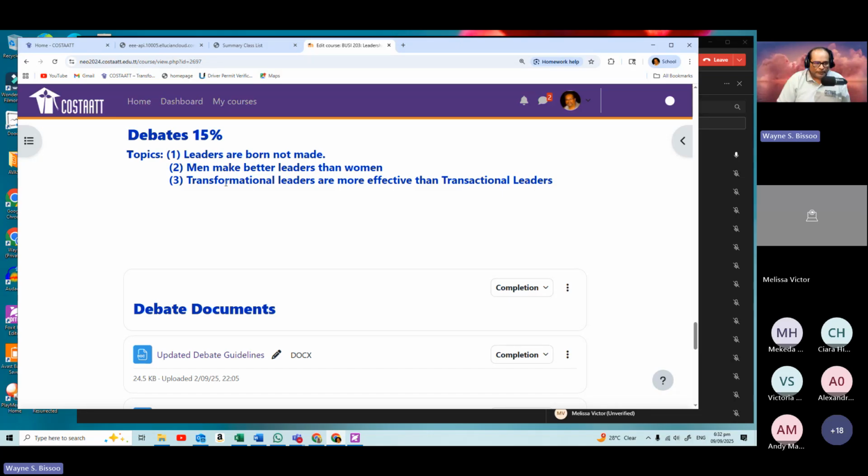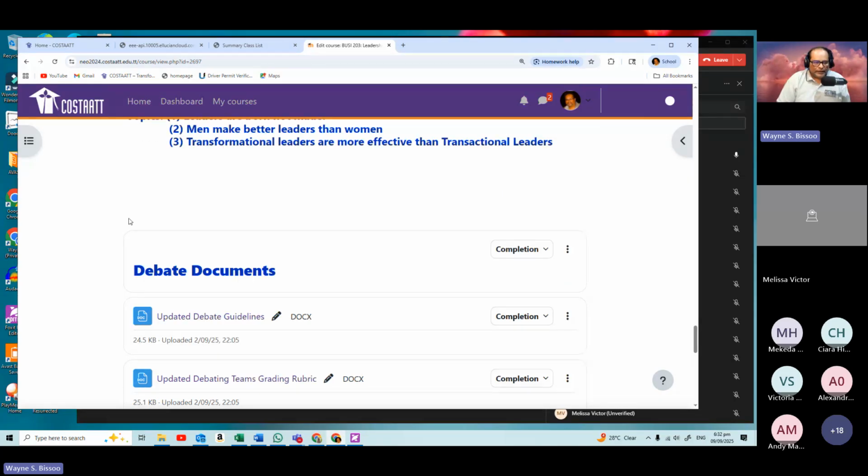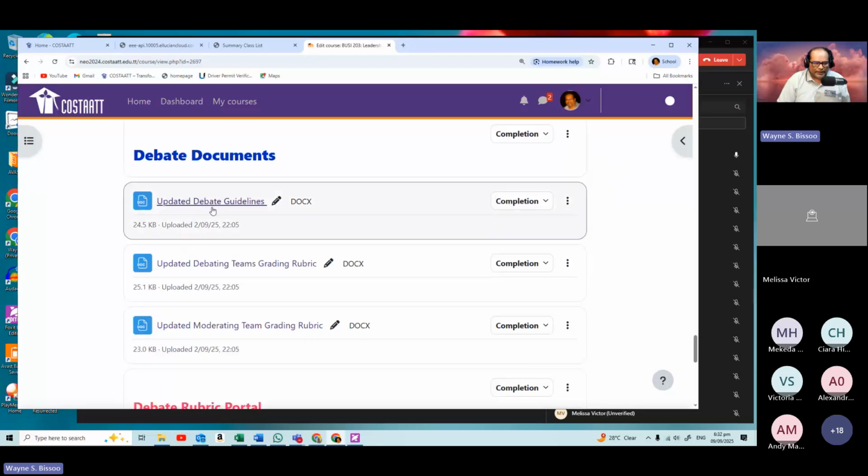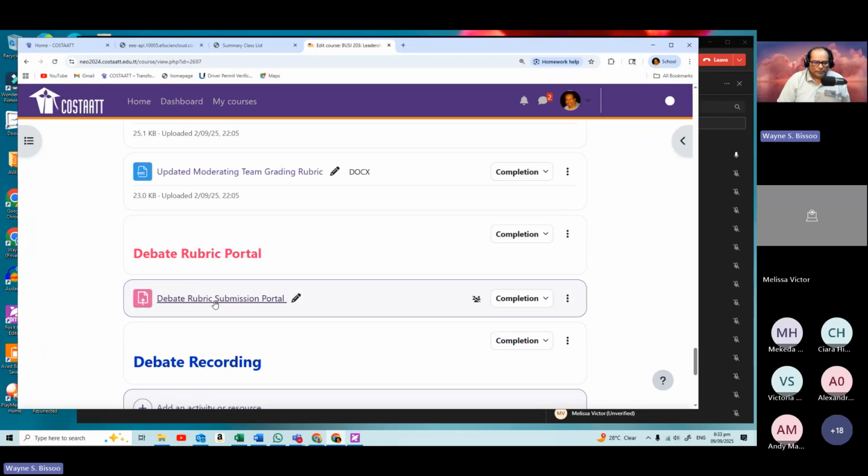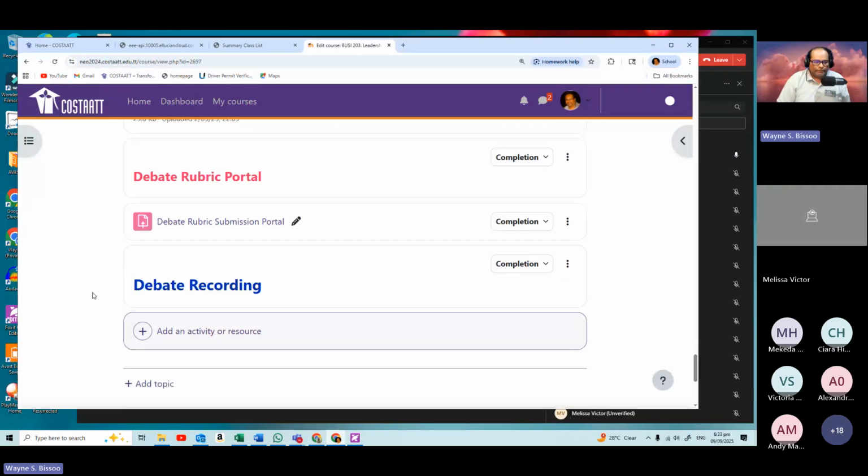These are the topics that we'll be looking at for debating topics. With that comes documents, debate guidelines, rubrics, and of course the portal to submit rubrics when the debating activity is completed. I'll be recording the debate, so as much as I can, I'll add the recordings of the debates